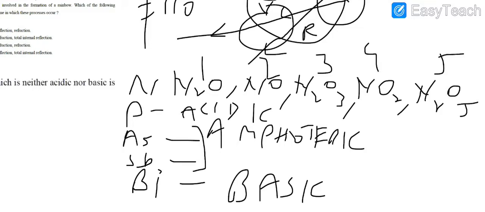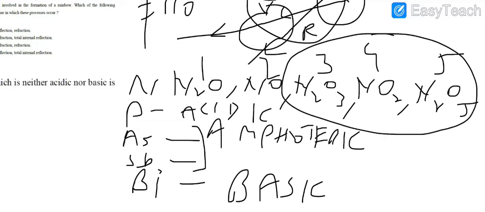Now there is a rule that when the valency of the atom attached to the oxygen increases, the acidic nature increases. So N2O3, NO2 and N2O5 are acidic because the valency of the nitrogen atom is very high, and these two are neutral. N2O and NO, they are neutral, so they are neither acidic nor amphoteric. So this was actually a very interesting question which gave us a lot of details about group 15.